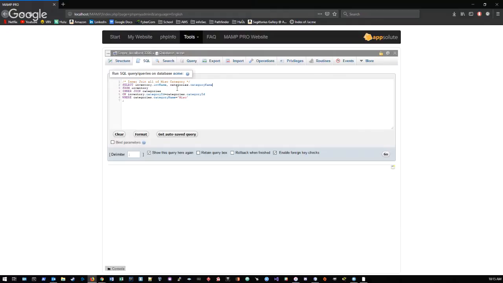And the way to access a specific column from a table is with the dot notation, similar to accessing a member method or variable in C++ or Java. So we're selecting this column and this column from this table, joining this table